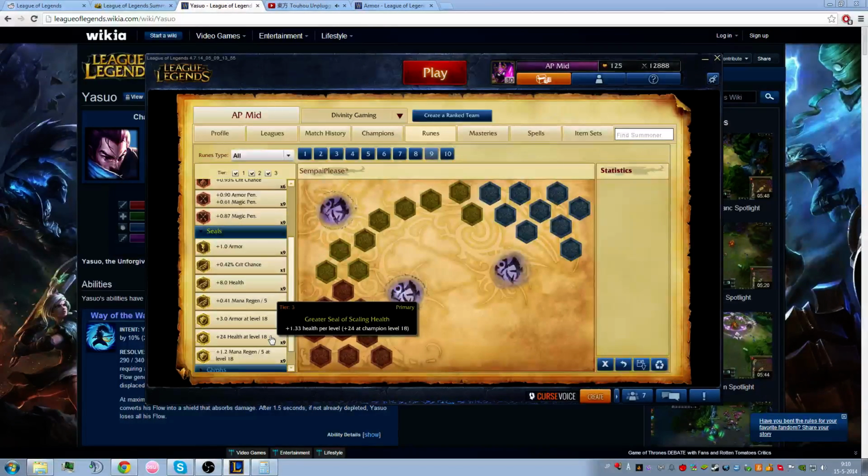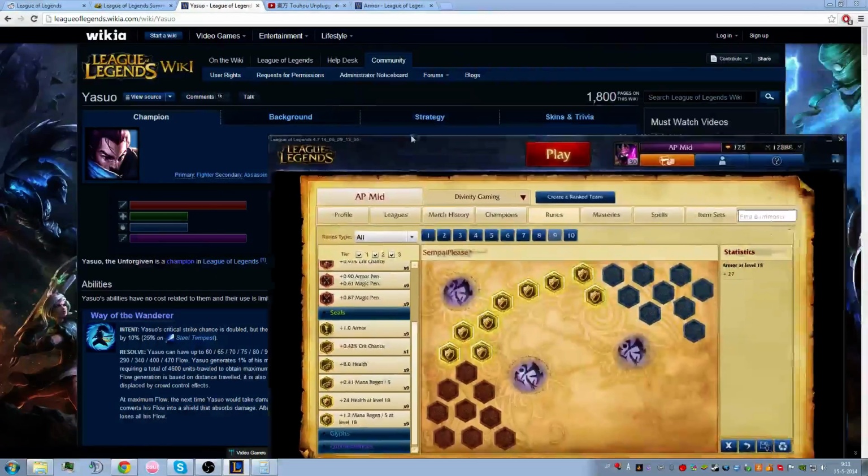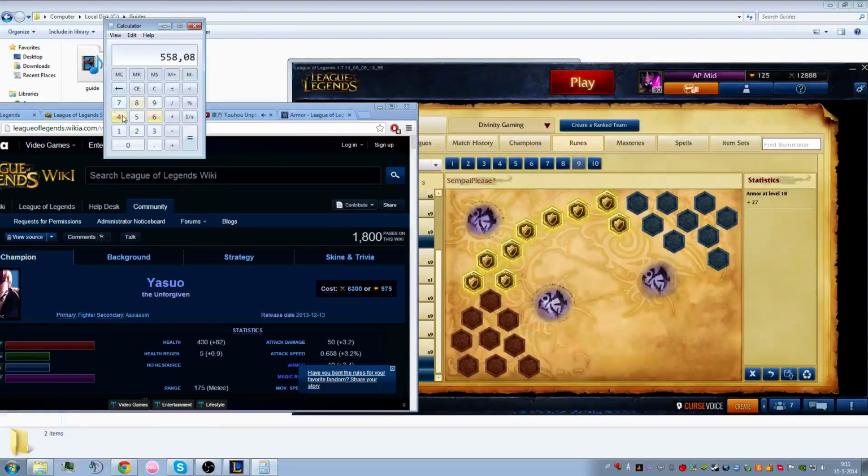So why is scaling health better than armor if you had a mixed team? Well, let's go with scaling health. You get 216 health at max level. If you had max armor, well, armor per level, let's go with the effective health again. So Yasuo would have 430 plus, oh wait, times 18 plus 430, oh whatever. So you would have about 1900 life with